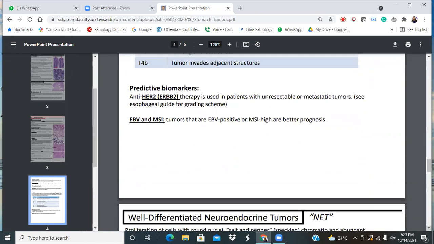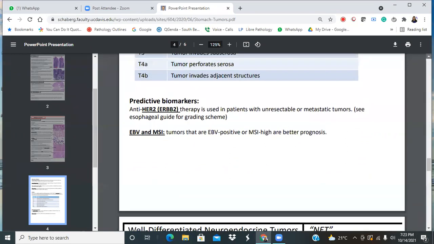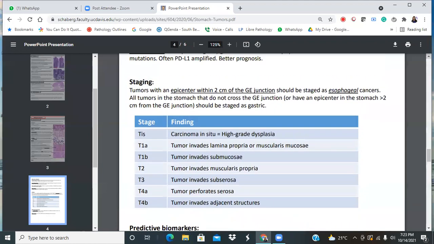Say something here really quick. If you go back to the staging, yeah. So very important when you put your diagnostic line, if you have an adenocarcinoma at the GE junction, but you only have a pure adenocarcinoma, no squamous epithelium, you know what I mean. So my diagnostic line will always say adenocarcinoma, comma, diffuse type or moderately differentiated or poorly differentiated or whatever. I don't call it squamoglandular junction mucosa with adenocarcinoma.